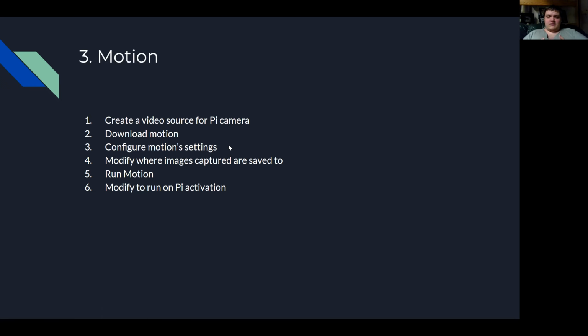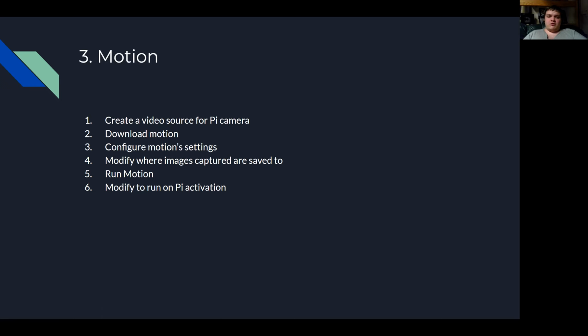These include a variety of different possible settings, such as what you want the resolution of the video to be. It can be how many frames it takes for motion to be detected. So it can be 1 frame change, or you could wait until there's 3 frames changed. You can choose the interval for how long a still image is kept, how long motion is detected for. There's just a whole bunch of different settings that ultimately are up to you to